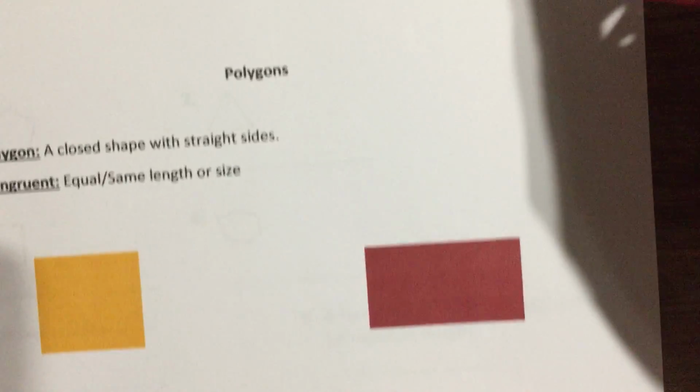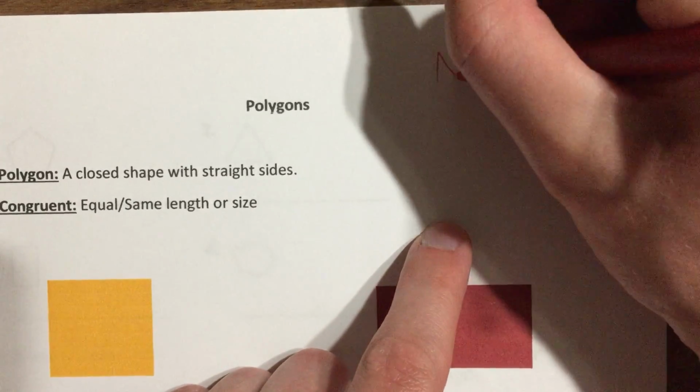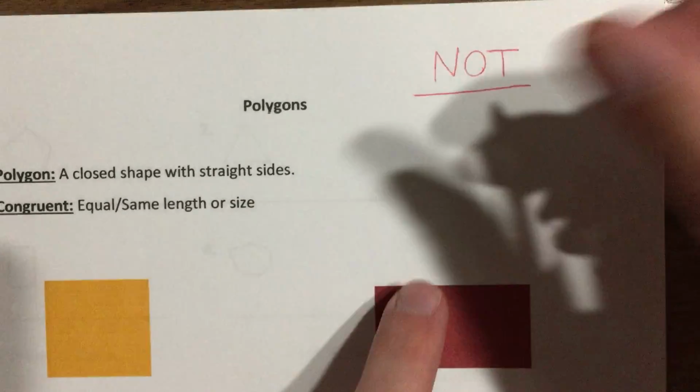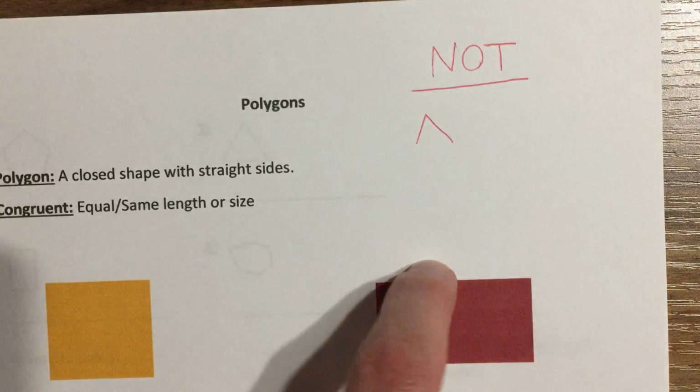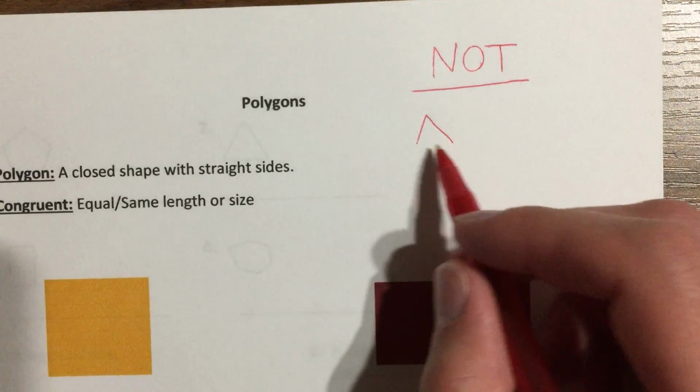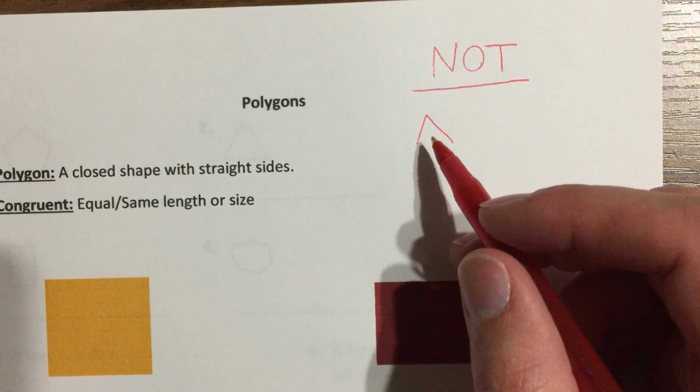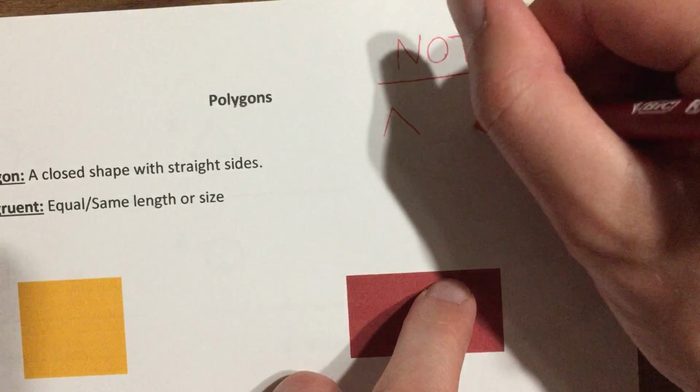For example, not a polygon would be something like that. That's not a polygon because we have a large open space right here where that is missing a complete side. Even something like this